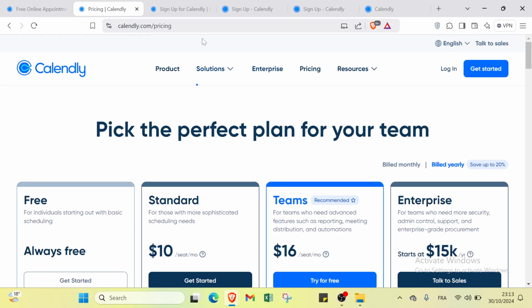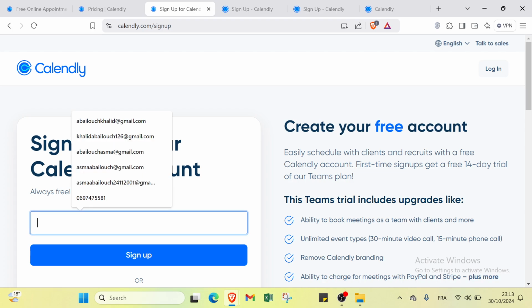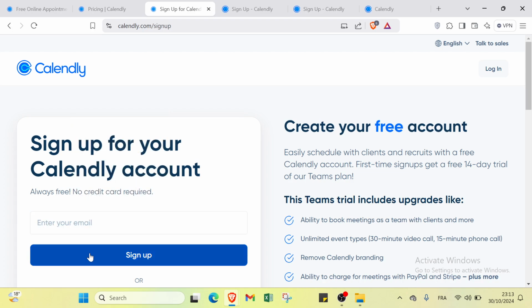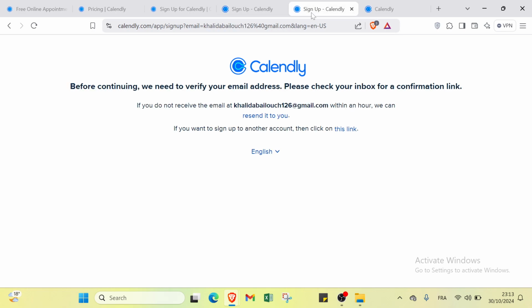Right now let's just get started in the top right, or you can come back here and you click over sign up with email. We can sign up with Google, sign up with Microsoft, and you'll find the page which is this one. You just enter your email address and you click over sign up. Then you will find the page which is this one. As you can see, you have just to enter your email address to get started, your full name, then you choose your password. Then here we have the button of continue,